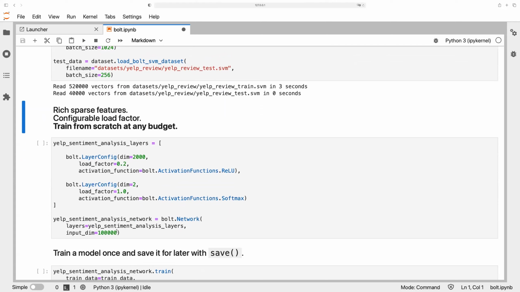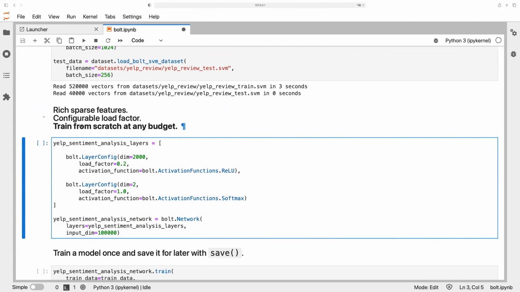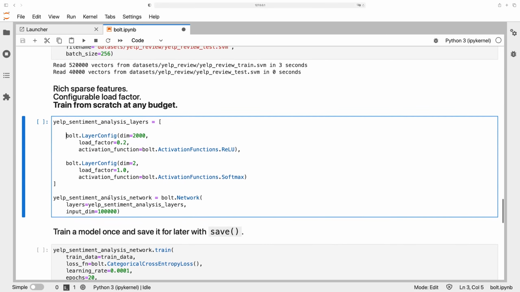You can have so much flexibility with feature engineering, and now you can extract such a rich feature set from each sample so that you can have an accurate model after training just on one corpus. This is a 200 million parameter model. We have an input dimension of 100,000 followed by a hidden layer of 2,000. So that's 200 million. And we were able to train this on a CPU